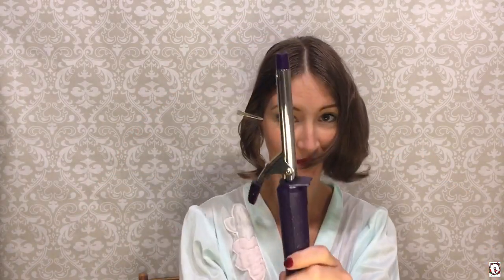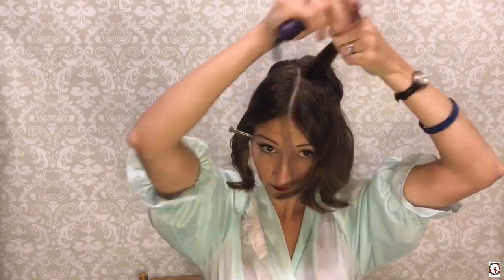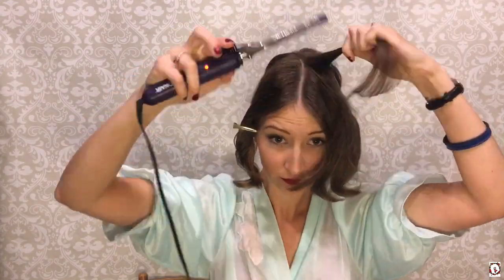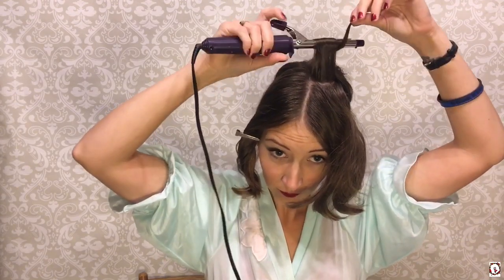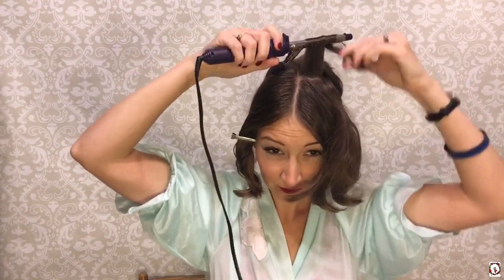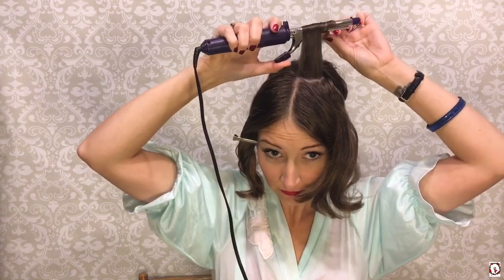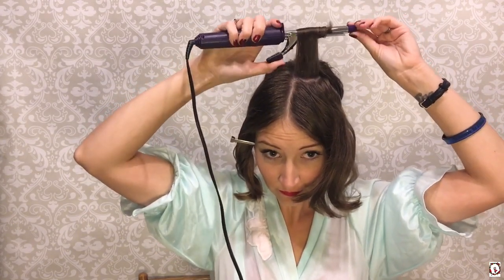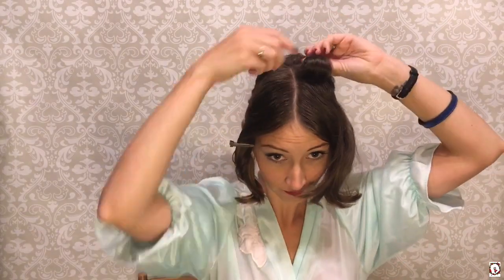So using a 1/2 inch curling iron, I'm going to start at the top of my section, taking about an inch wide sections, and we're going to roll towards the back of my hair, which obviously I didn't do there. There we go, towards the back of my hair to make it move away from my face. Making sure you get down all the way to the ends. Alright, and then we're going to use a pin curl clip to clip it into place so that it can